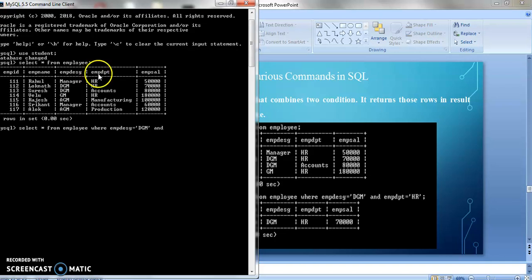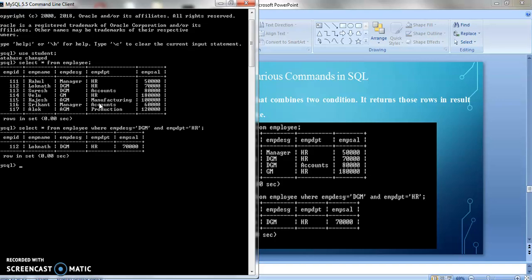And their department should be HR. So for employee department, the column is EMP DPT equals HR. HR again I will write in single quotes because the data type is varchar, then a semicolon, and I will press enter. You can see I am getting only one row, or record, where the designation is DGM as well as the department is HR.